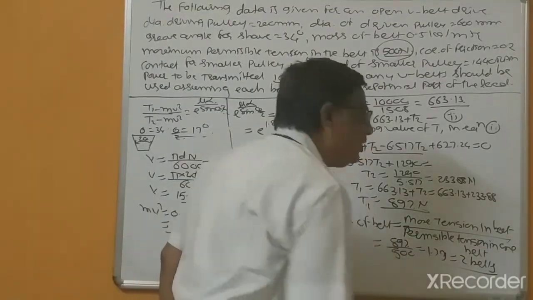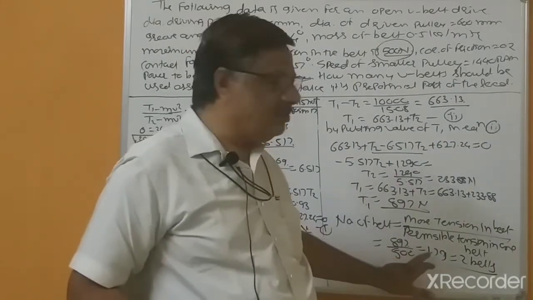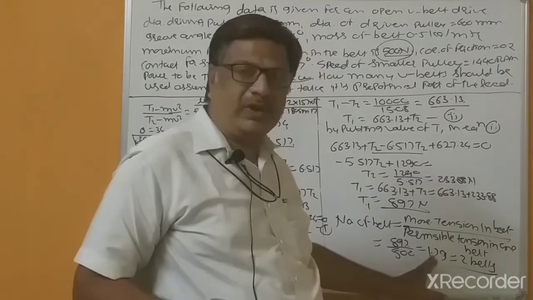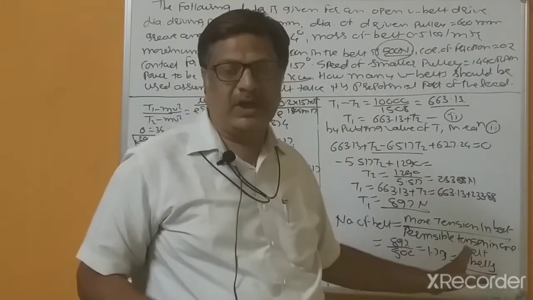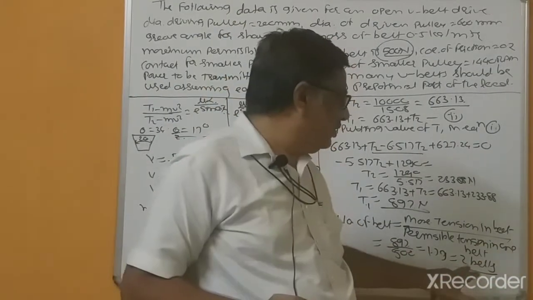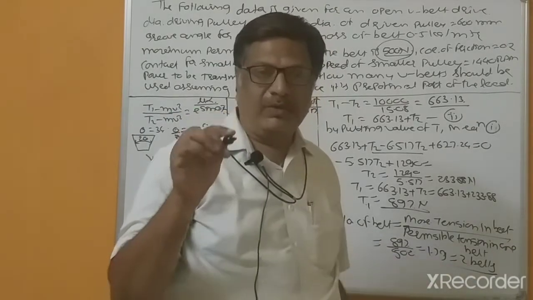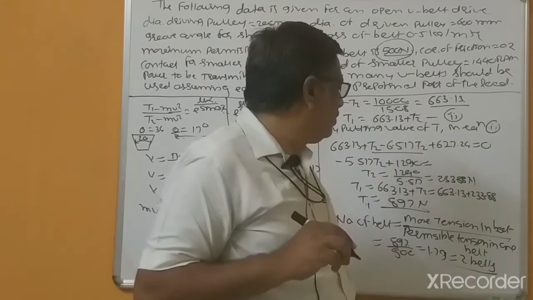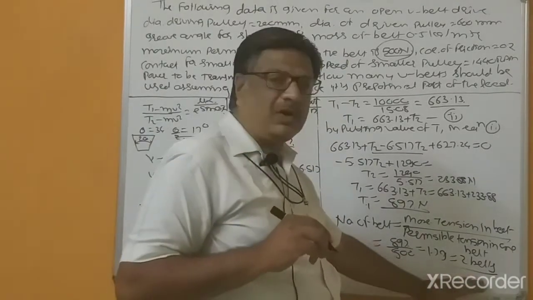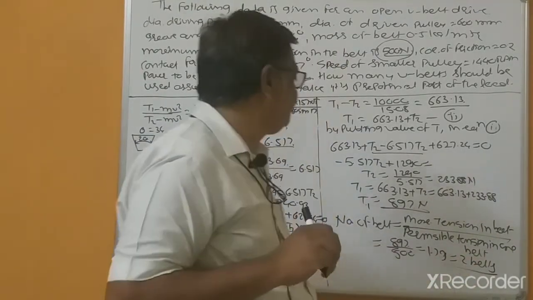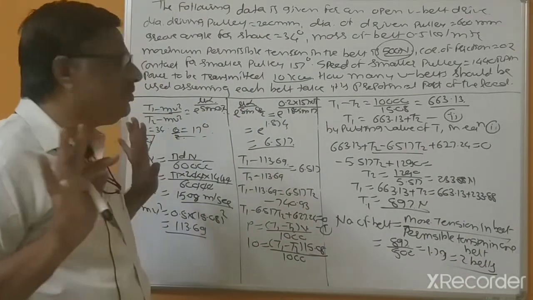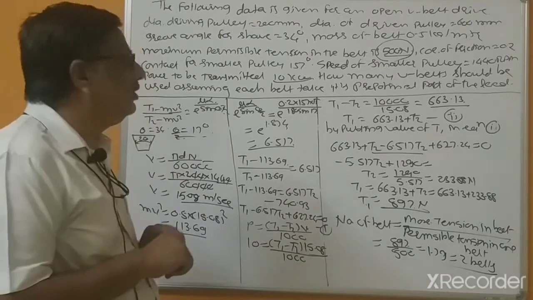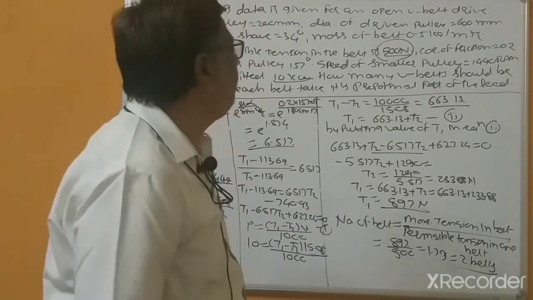If the value is more than 1, it requires 2, and if the value is more than 2, say 2.1, then you have to increase to 3, because the total number of V belts required is a whole number. So this is not approximate; it is 2 belts. Such a simple problem may be asked during examinations. This is the design of the V belt when the power is known.